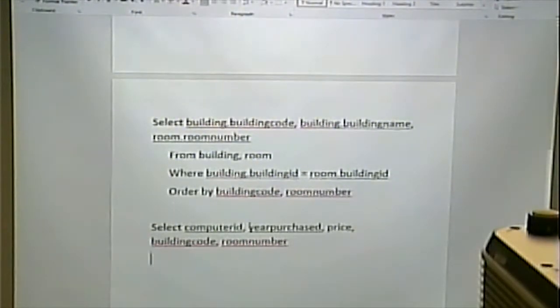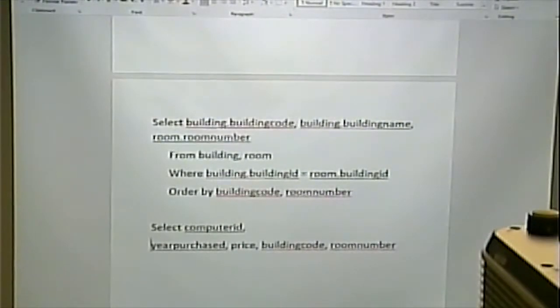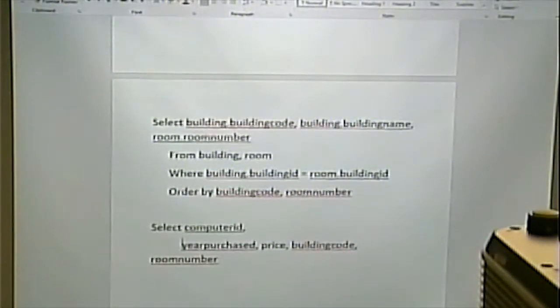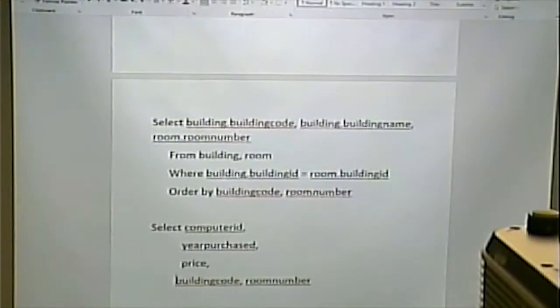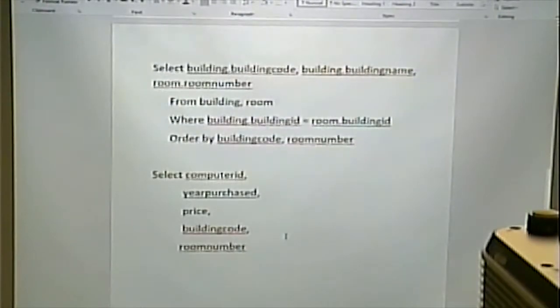Some people like to write their selects with just one column on a line, and that works too, makes it easier to read. Remember, you're welcome to do what makes it easy for you to read, because code that's easier to read will be easier to change. So whatever you think makes it easier to read, good for you. So we'll stretch this out. From computer,